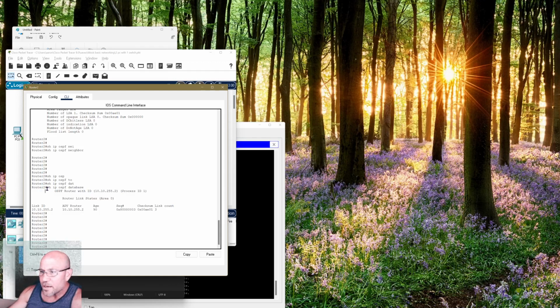Show IP OSPF tells you what your local database is. Right now, we only have one router link state. We'll talk about the different types of LSAs, link state advertisements, or